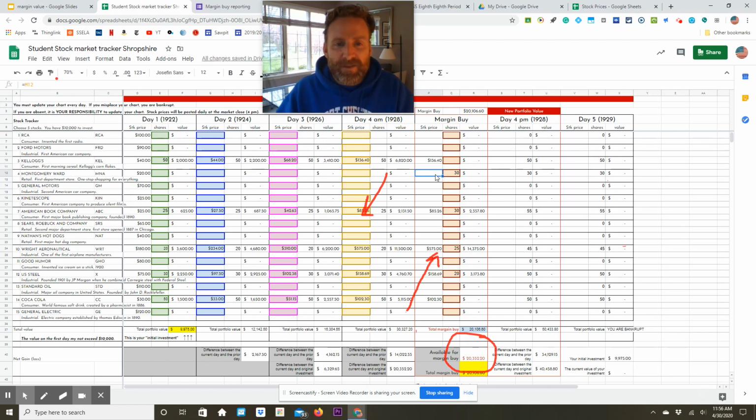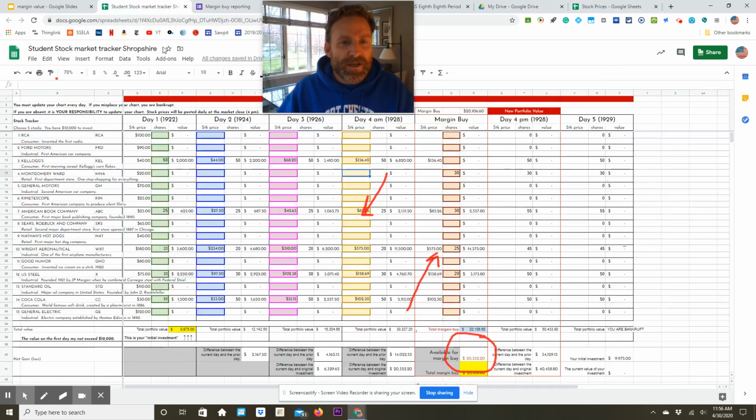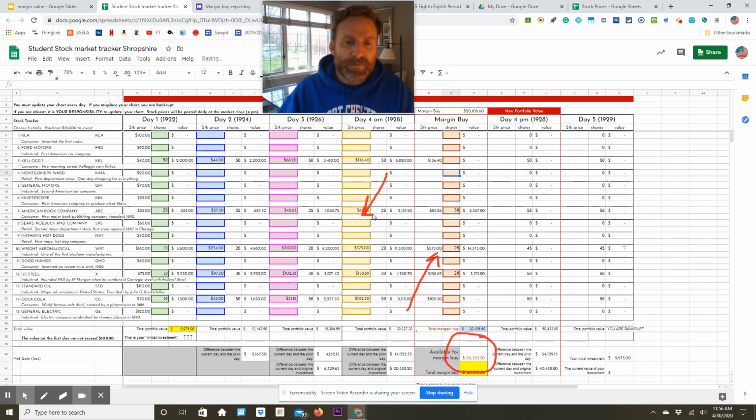But I got to key in. This is what you will have to do. In this cell right next to it, or in this cell here, I have to type in the value of Montgomery Ward. What is Montgomery Ward? 8156. So if I type in right here, 8156, all right, it calculates all out. All right. However, now I've spent too much. So if you want to, you can actually buy new stocks. Again, though, the limit is you can only make a marginal investment in 5 stocks,